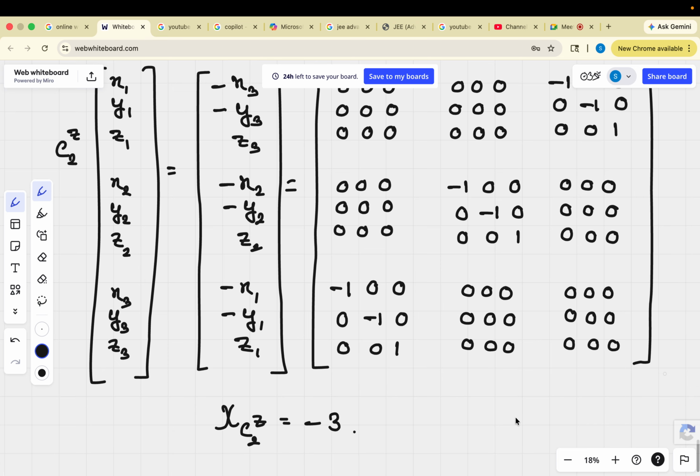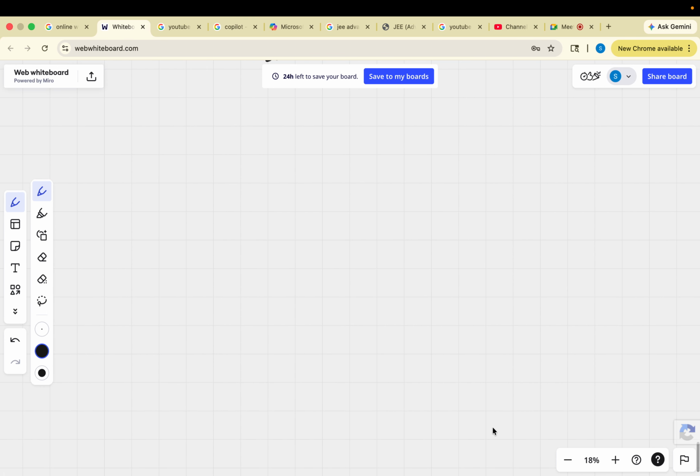Okay, sorry, not minus 3, minus 1 plus 1, right? Okay, sorry, so minus 1 minus 1 plus 1, that will be equal to minus 1. So chi of C2(z) will be minus 1. Now similarly I can operate sigma xz